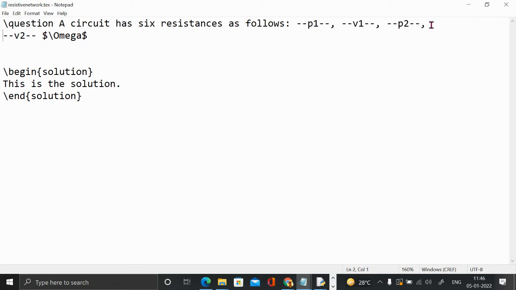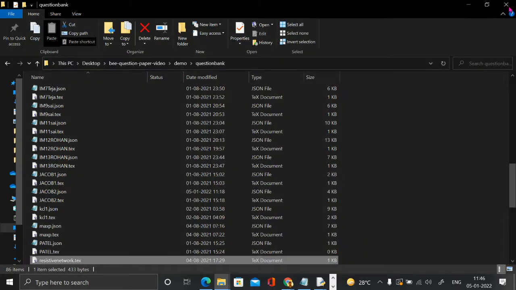Okay, so I have created a question and I have created a solution. Obviously, the question is not a proper question, but it's a question. Now I want this question to be recognized by the program. So I'll close this. See here it is saying resistive network.tex. Somewhere I have to mention that.